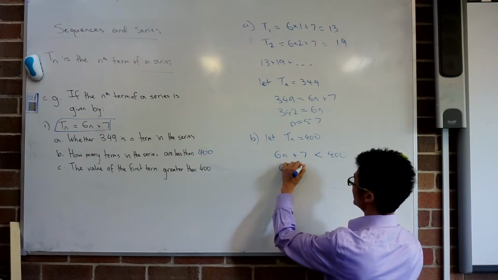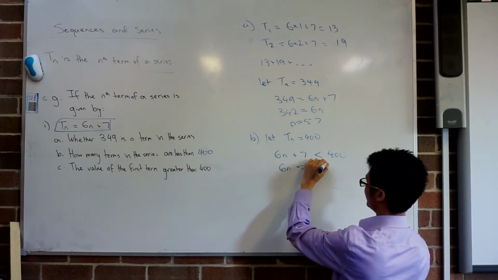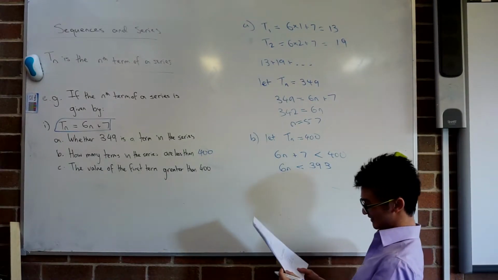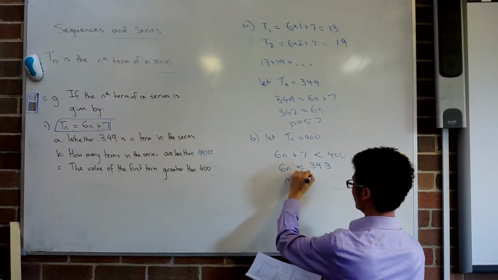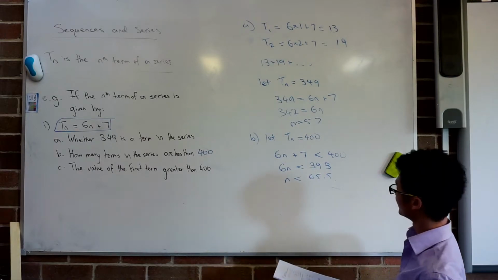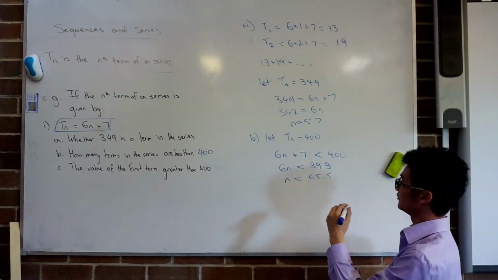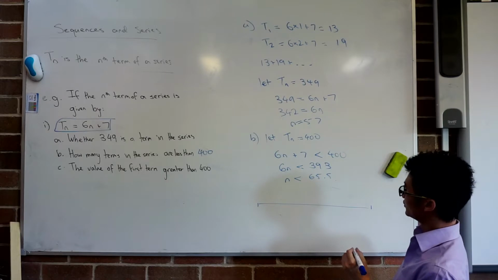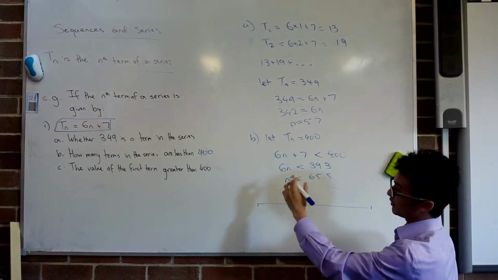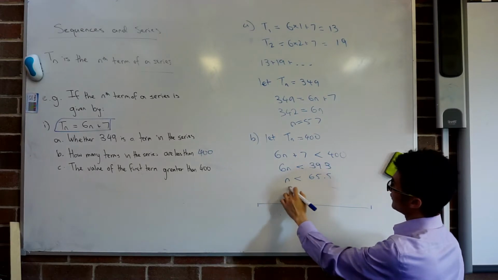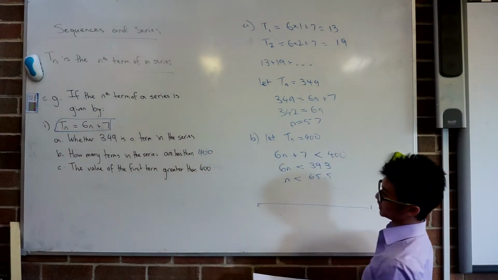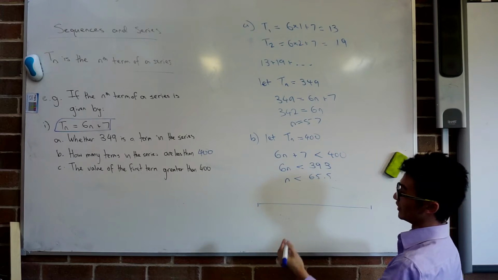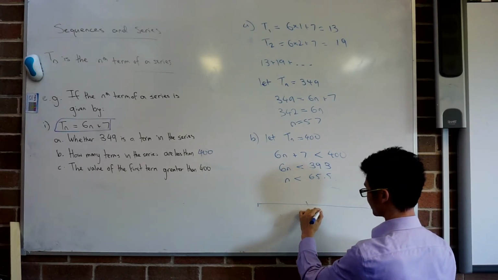I've got 6n is less than 393. And let me check this one, my 6 times tables don't go up that high. You should get n is less than 65.5. Okay. And just to clarify what's actually happening here, if we can imagine this as a sort of number line almost. We want to know what value for n, or how many terms in the series are less than 400. And if I substitute n is equal to 65 into the equation here, I'm going to get